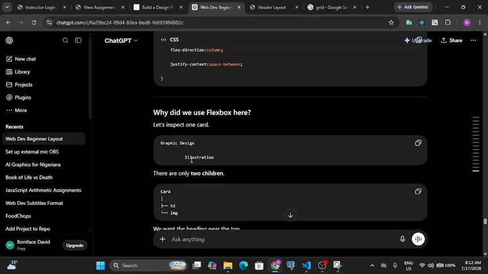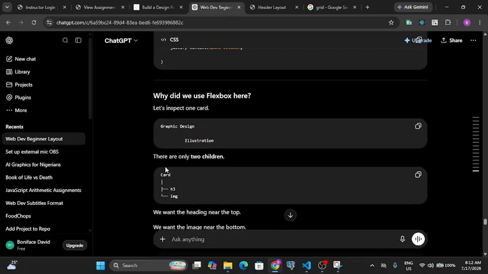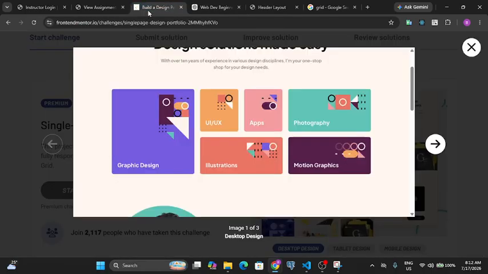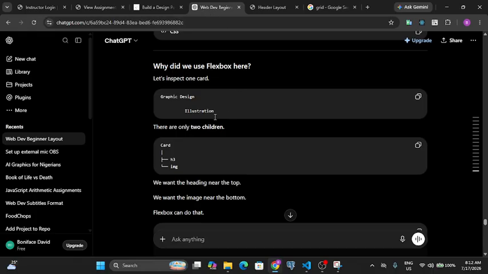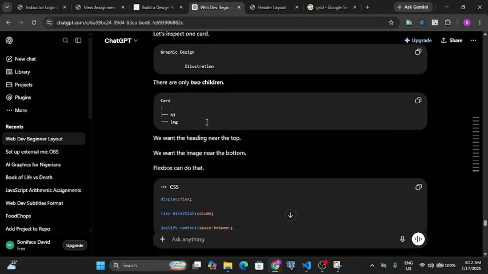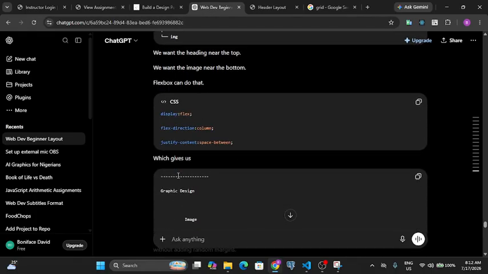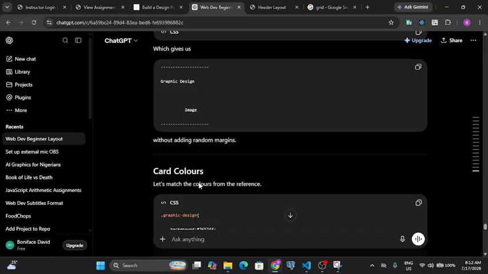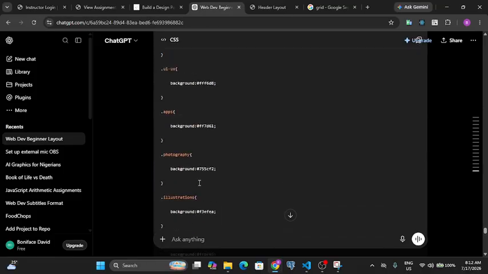Let's inspect one card, graphics illustration. There are only two children, card H3 image. We want the heading near the top. But what we give to the heading is actually at the bottom. Alright, so we want the image near the bottom. Flexbox can do that without adding random margins. So what we can do